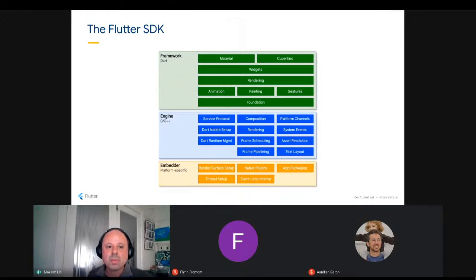The framework is basically a library, a suite of code that's built in Dart. Underneath that sits the engine, built mostly with C++ and a bit of C code, that does all the heavy lifting. And then there's the embedder layer, which lets Flutter run on any particular platform that it's been ported to. So that's the stack that makes up Flutter.